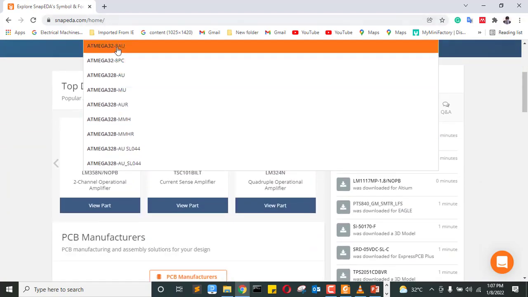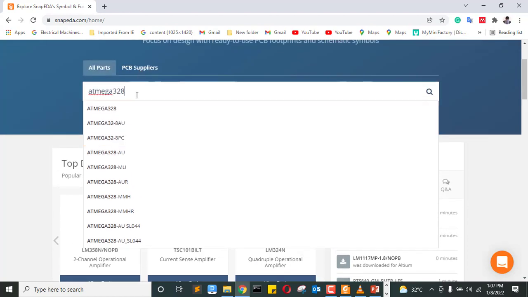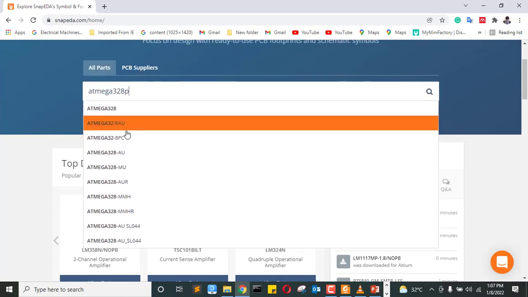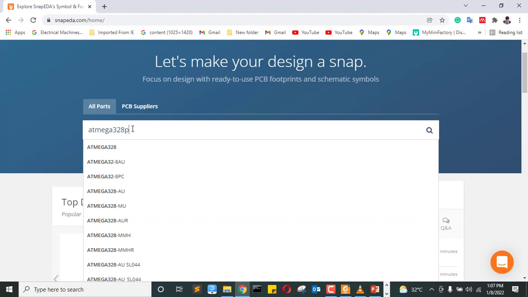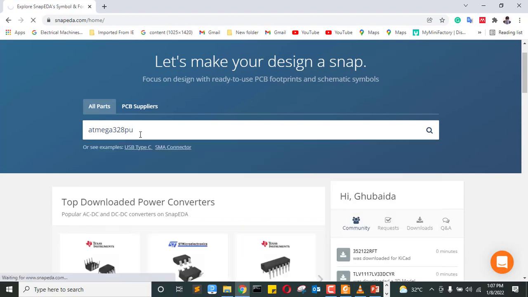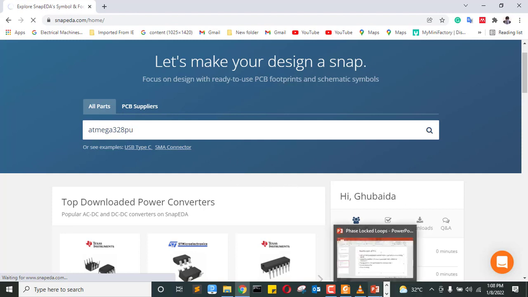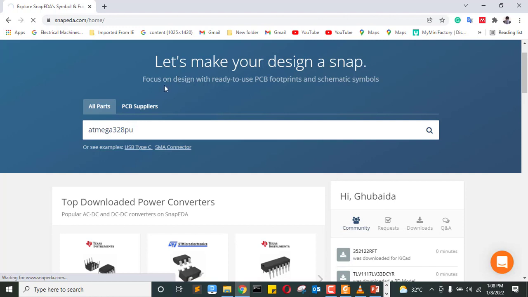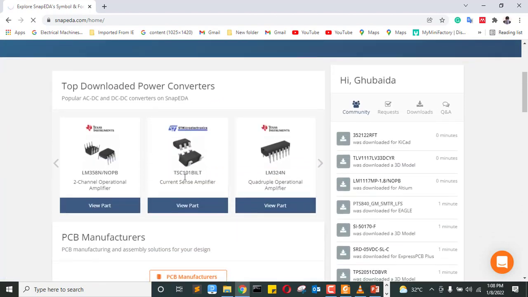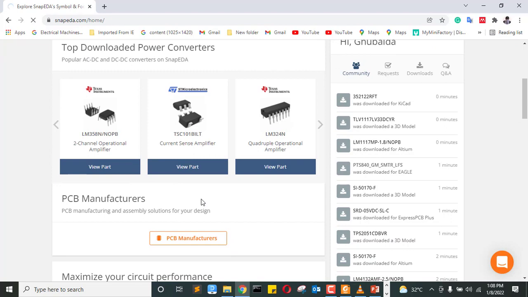So you can search whatever you want, like the DIP packaging. So if you fail to get any part in Proteus, you can come to the Snapeda official website, make sure you have an account and search that component part. It will be much easier for you to get the part. Or you can search after logging in,